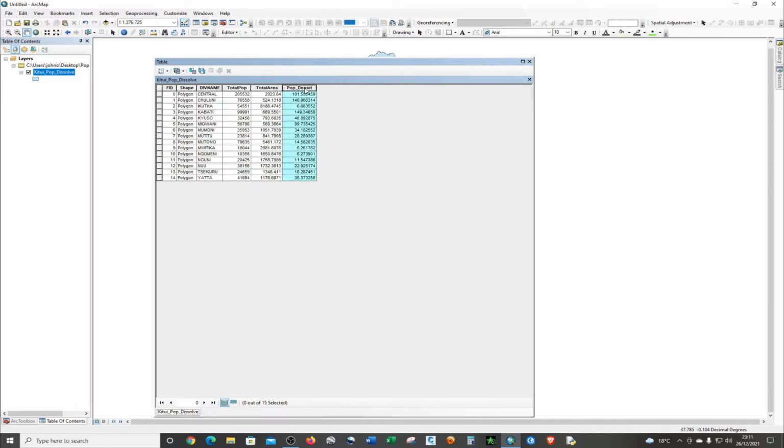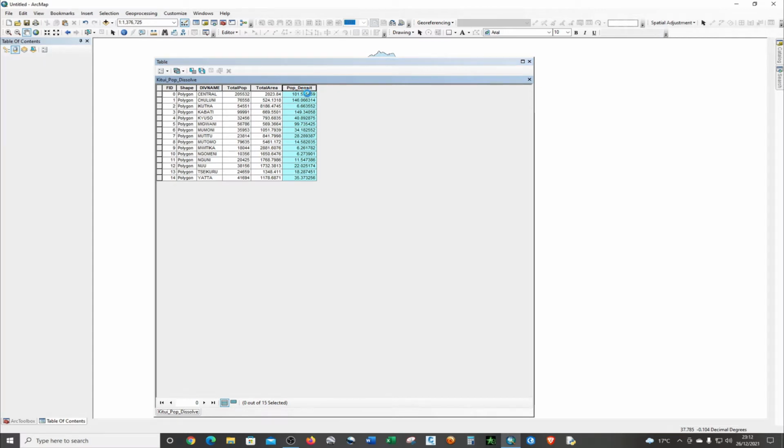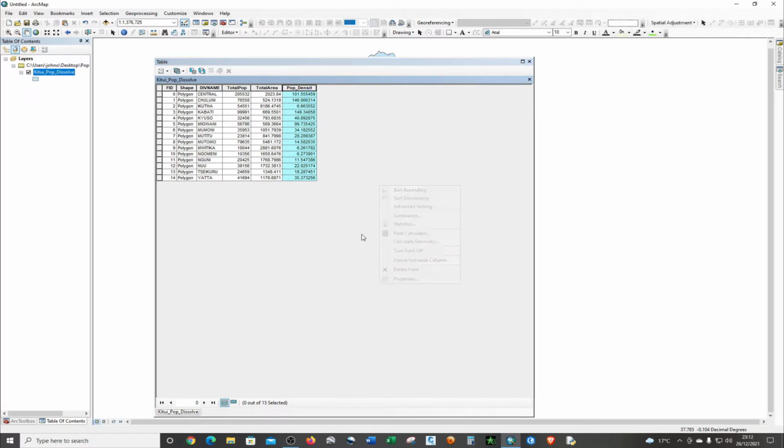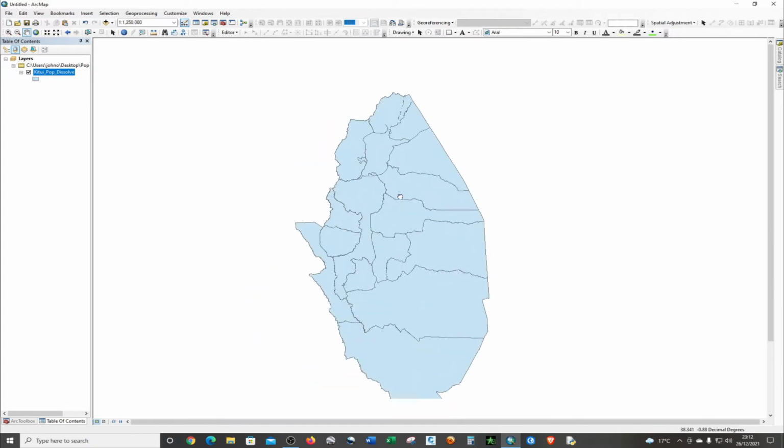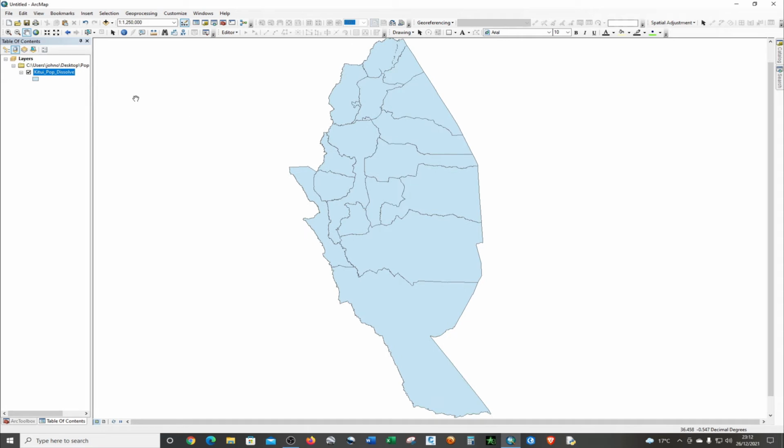Then this one is where I calculated the population density. To calculate the population density, it is equal to the number of people, or population, divided by the total area of that particular region. So, in order to visualize the population density,